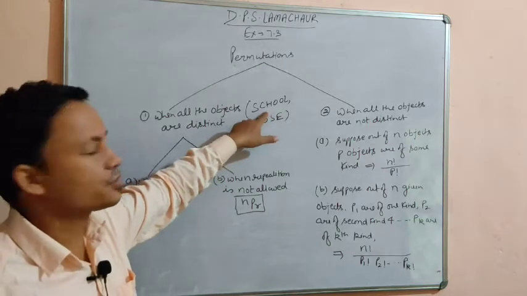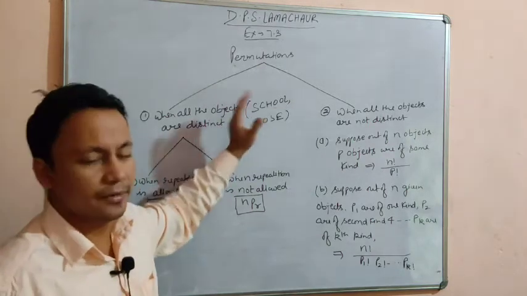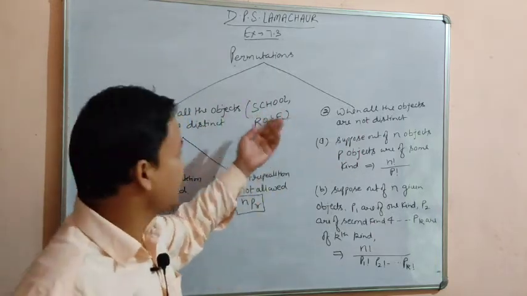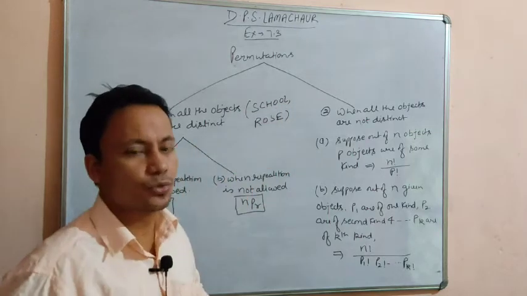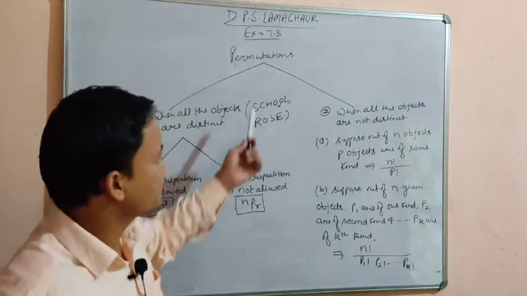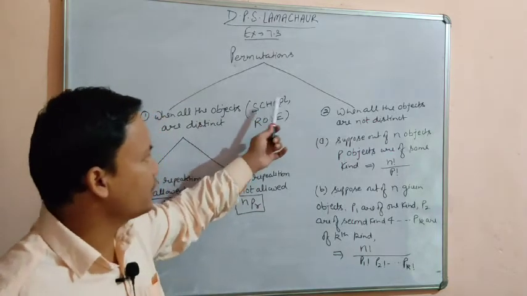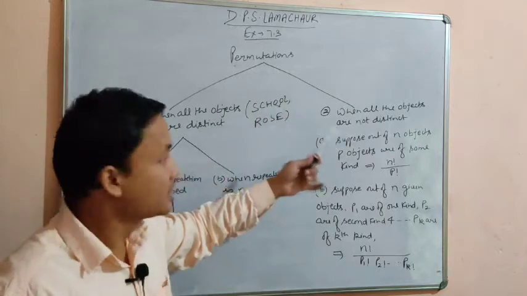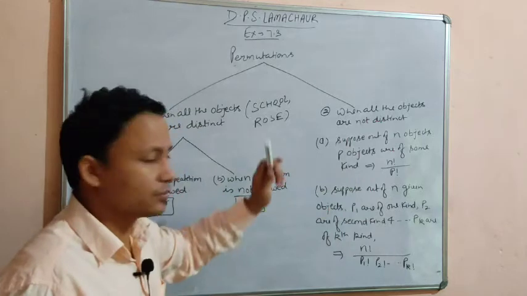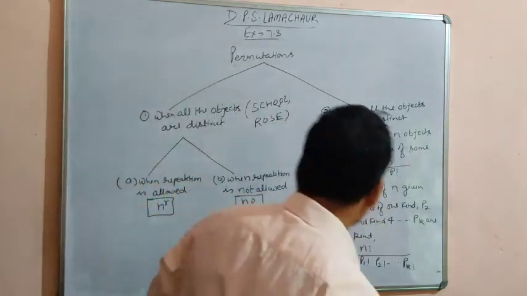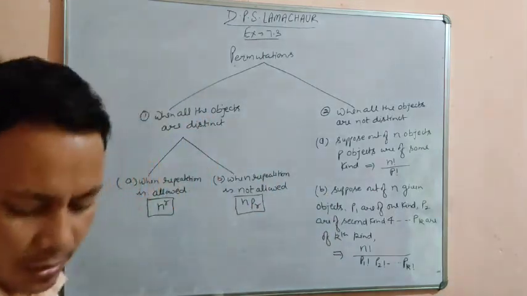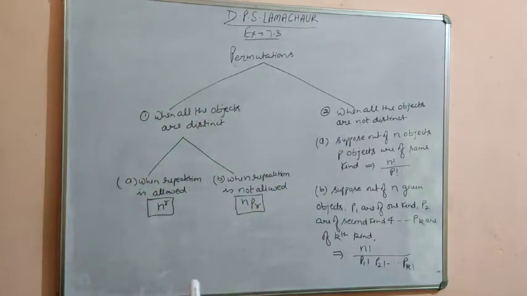But in case of SCHOOL, if we have been given the word school and we have to say how many permutations can be there using the letters of the word school, then you can easily check here. There are two O's in this word, so we can say that this is a kind of permutation when all the objects are not distinct, some objects are of the same kind. So here we have this option to solve with the formula. This is the chart of permutation. You can take a screenshot of this so that you can easily learn it.